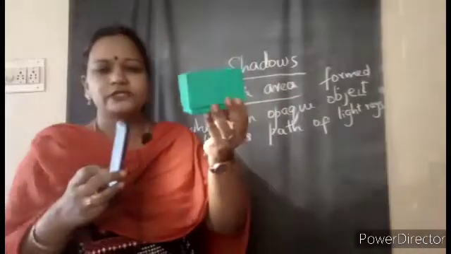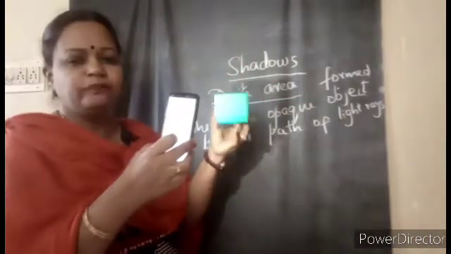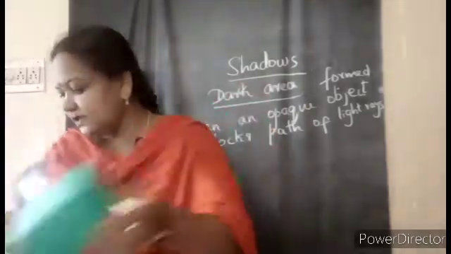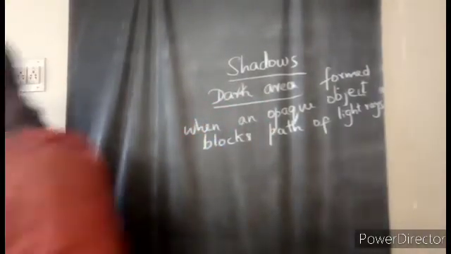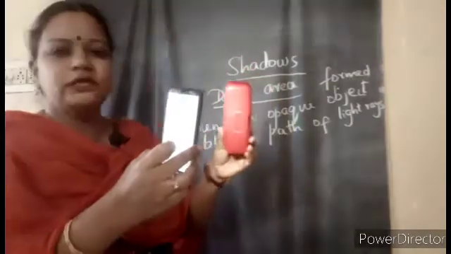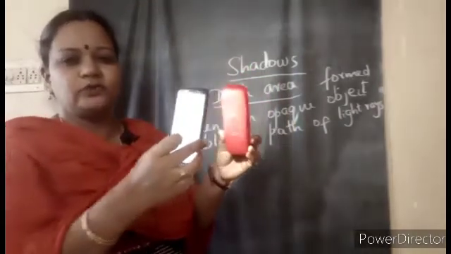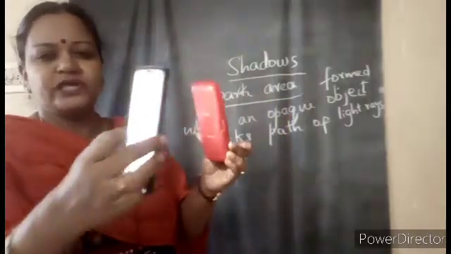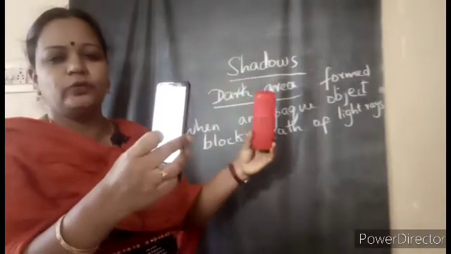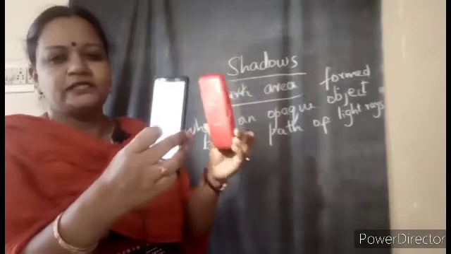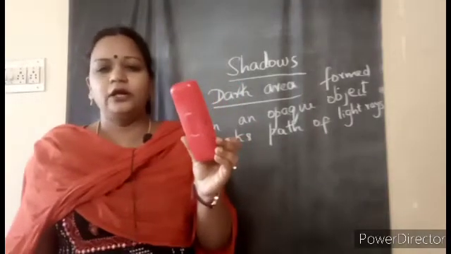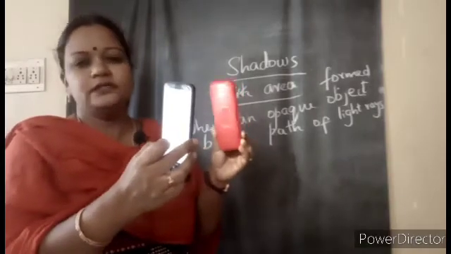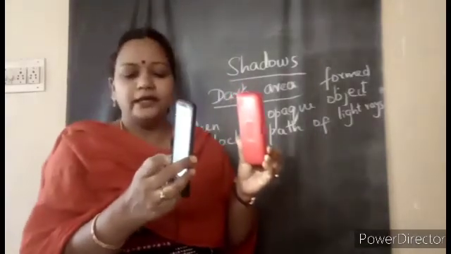The color of the box is green, but even though, you can see that the color of the shadow is black. Let us see with another, red color box. See, now I am using a red box. Now we see what color the shadow is. See here, the size of the shadow is also changing when I move the light and when I move the object. See the color, whatever the color of the object, red or green, what is the shadow color? Children, the shadow is only black in color.